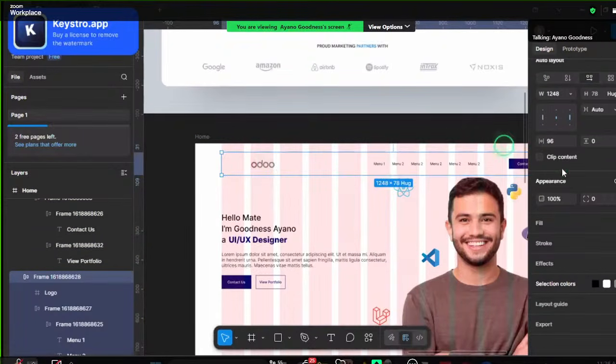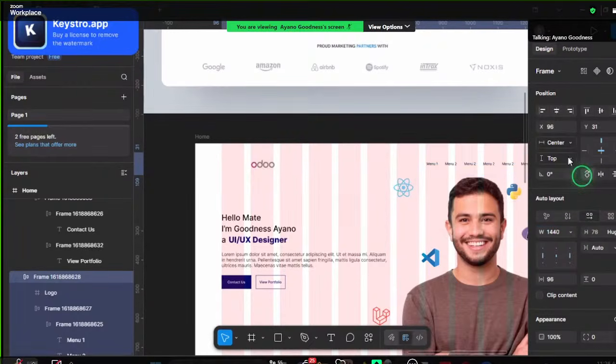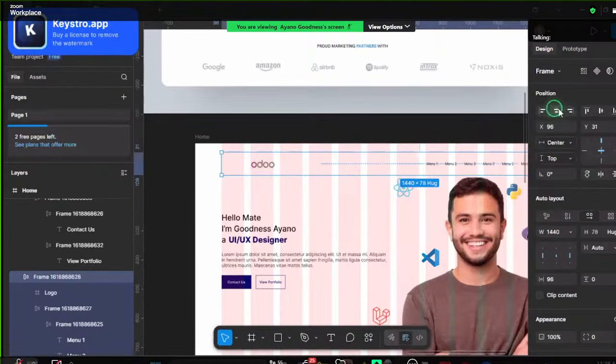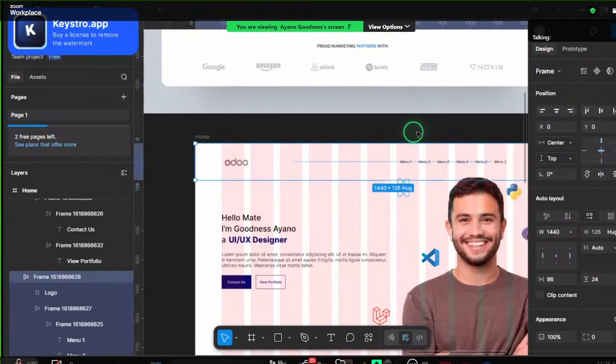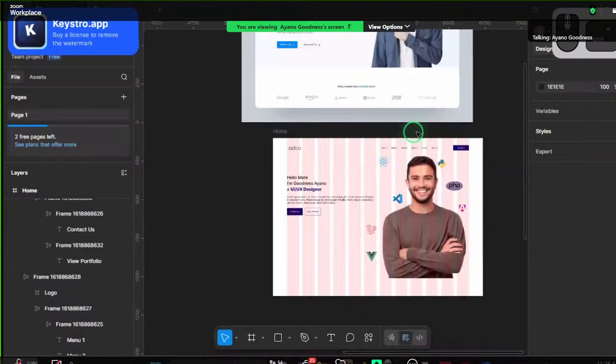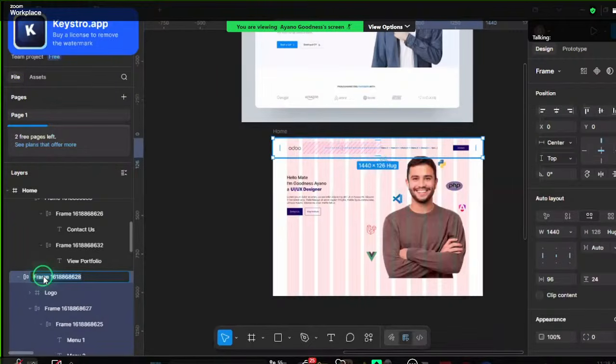And I can just align it to the center, though it is not giving me what I want because the width is not set properly. Because this screen is using 1440, I can just make it 1440 and adjust it. You'll see that it will snap to where it's supposed to go. And for this height, I can use maybe 24 or wherever I feel like it's going to work and snap it to the top as well. So I can rename this, instead of frame, as